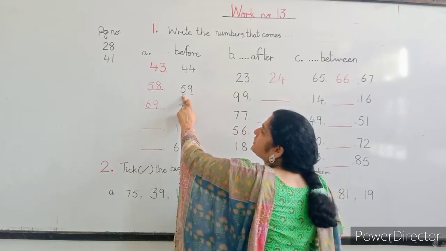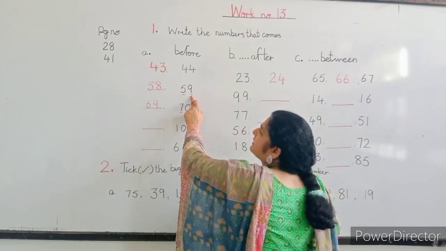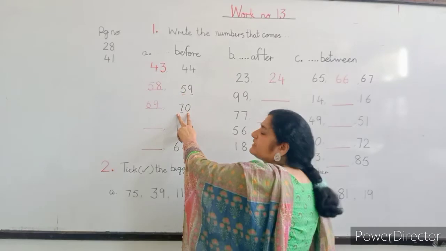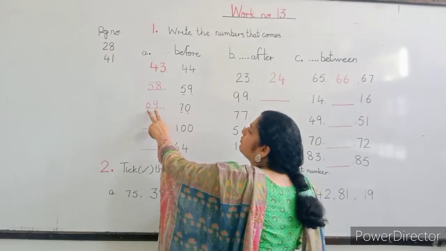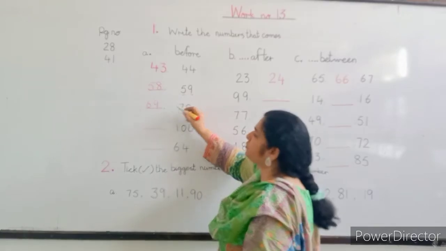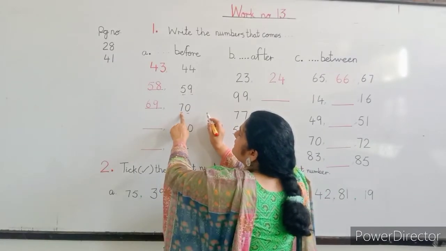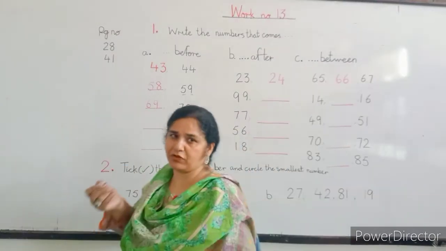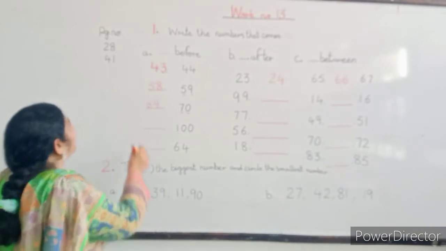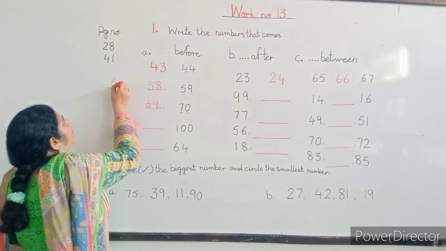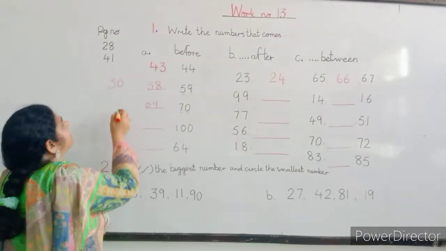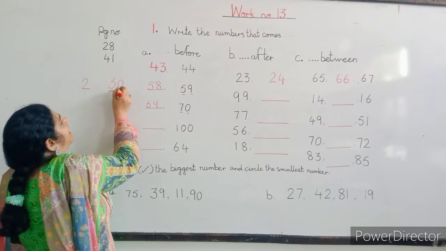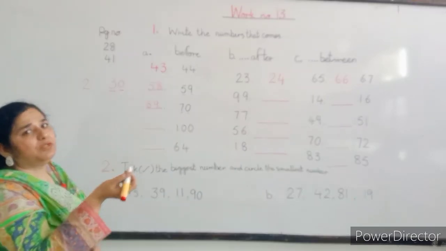Here we have not changed 50. We have changed only the ones. Tens is the same, but only the ones is changed. But when the number is in tens, then we will change both numbers. This 0 will change into 9 and this tens will change to the number before. Right? I am giving you one more example. Look here. If it is 30, what will we do? Then this tens will change into 2 and this 0 will change into 9.